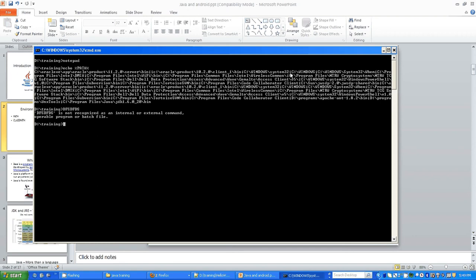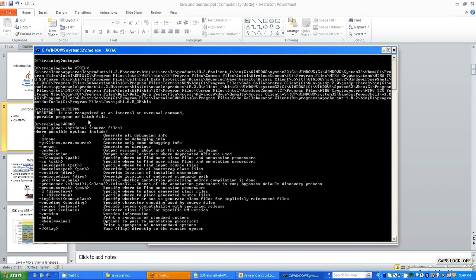If a file is there, say when I type java, it is executing because I see that C:\Program Files\Java\JDK 1.6.0_20\bin has the java program. So it will be executing java from there, or when I type javac, it works the same way. Whatever you type in the command prompt, if it has to work and it is a known program, the path variable gives you an easier shortcut to work with it, because otherwise I need to